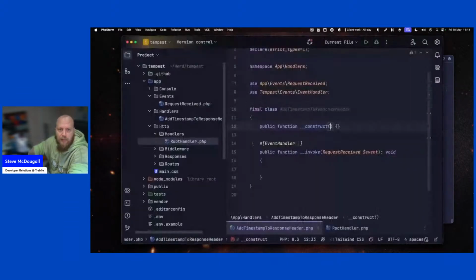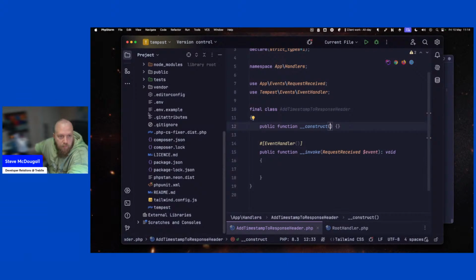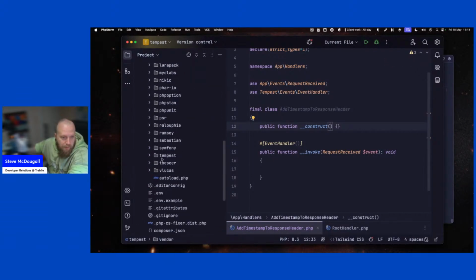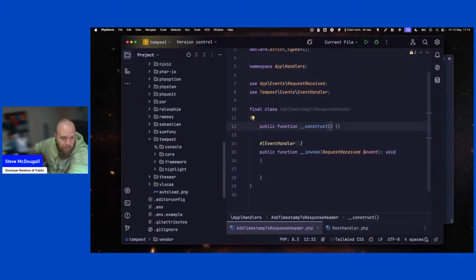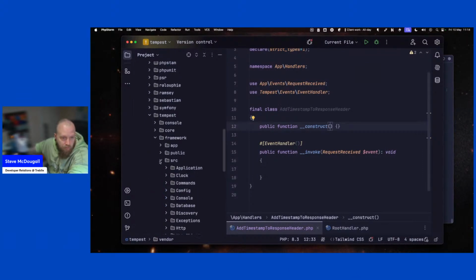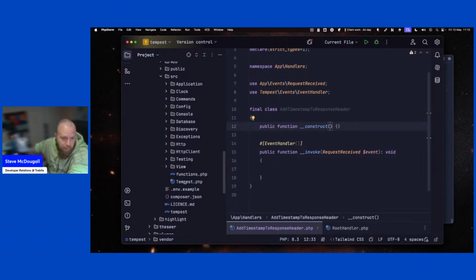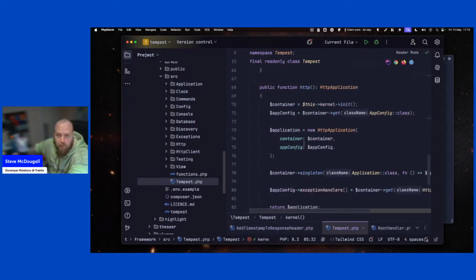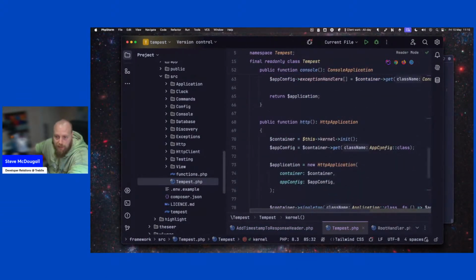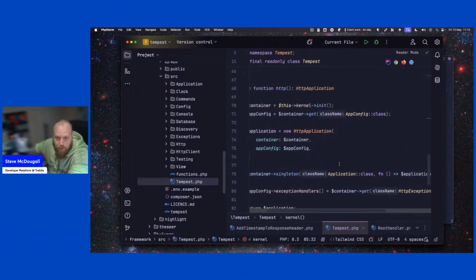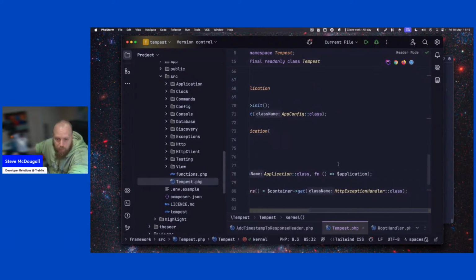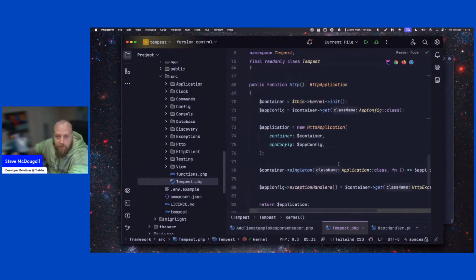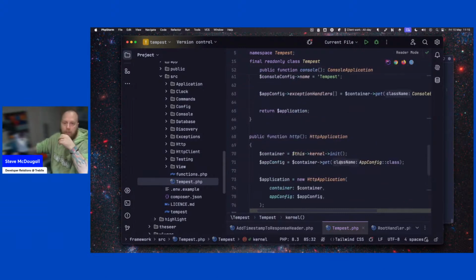I just think maybe documentation could be our next focus there. Let's see what we can do. So if we look in Tempest, look in the framework source, when we create a new Tempest app, we are getting the app config, creating a new HTTP application, binding the application in, passing in that exception handler and returning it. So there could be a way that we